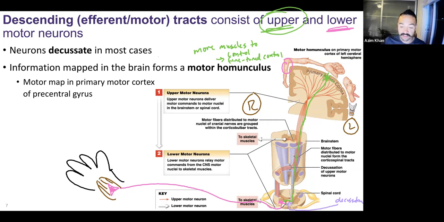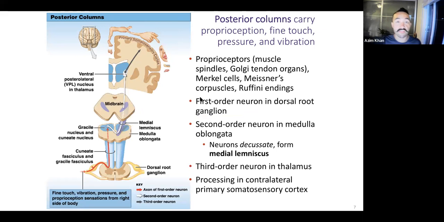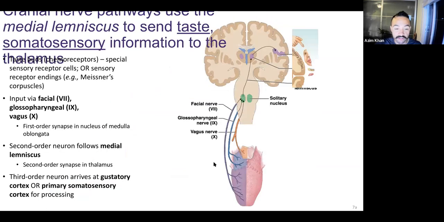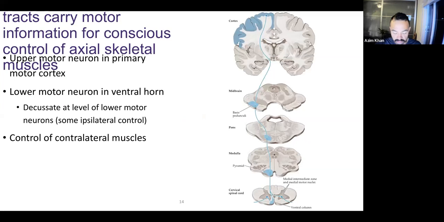One thing that you can do, if you look in the supplemental section of these slides, I provide those very specific names of tracts and the tracts drawn here. Again, I'm not going to test you on the names of these tracts or have you memorize every single one, but being able to read what's going on will be important. So let me just pick one over here. The text is all messed up on the left. Don't worry about that.